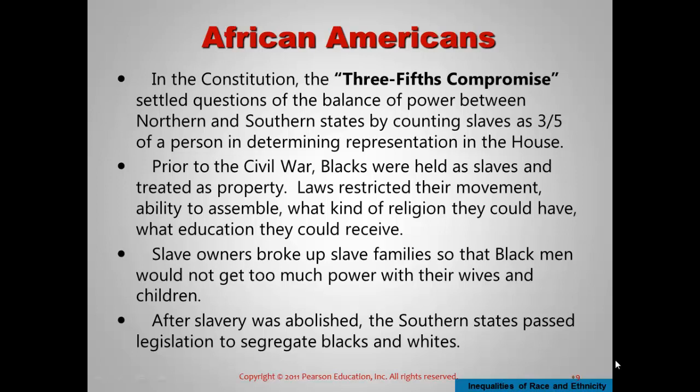Slave owners broke up slave families, which prevented black males from getting too much power with their wives and their children, and the slave owners continued to be the most powerful person in their lives. And some say that, as a group, African Americans tend to have more of a matriarchal kind of system, where grandmothers and mothers are more heads of households than the males. And again, I don't want to say this is a stereotype of the group, okay? But